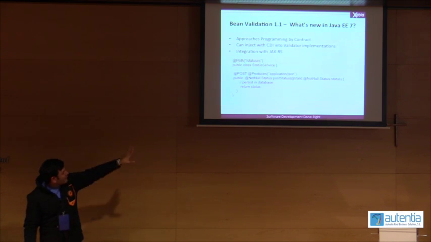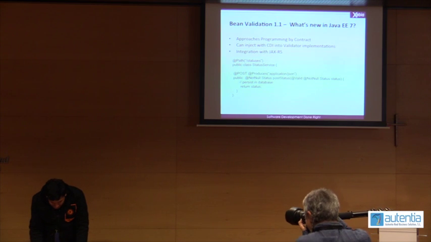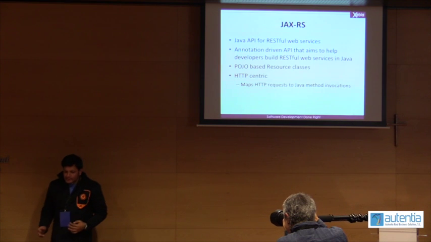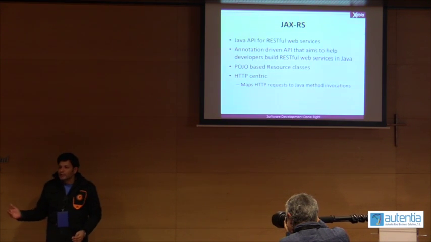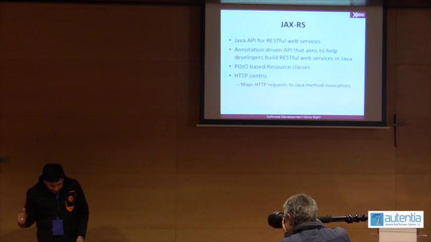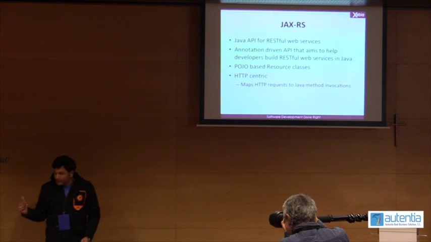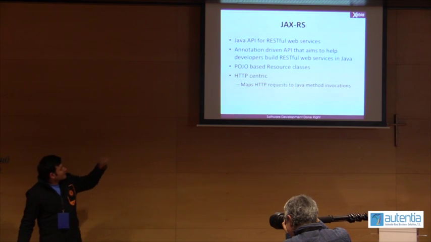So this is something that you have now available in JAX-RS or Java bean validation 1.1. This was earlier not the case. JAX-RS is the standard API that we have. It provides you an annotation-based API to write RESTful web services. It's a POJO-based programming model where you just annotate your classes with a few annotations and you get